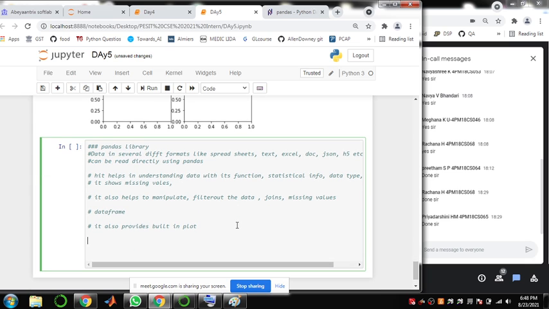And it is very useful for analyzing and exploring your data.